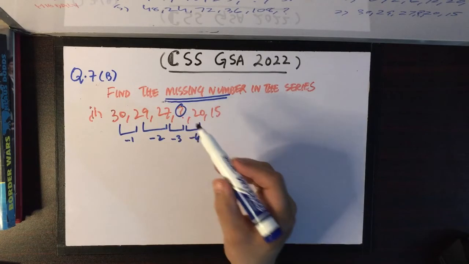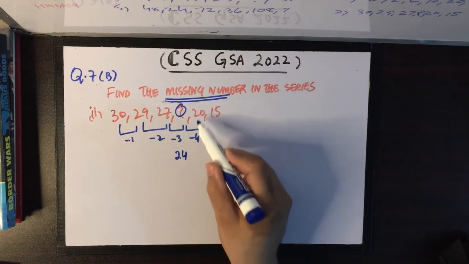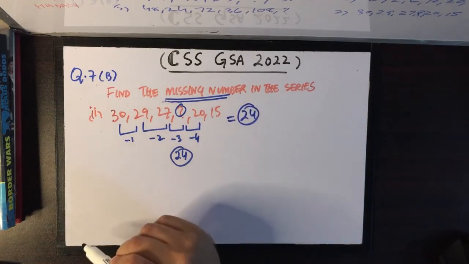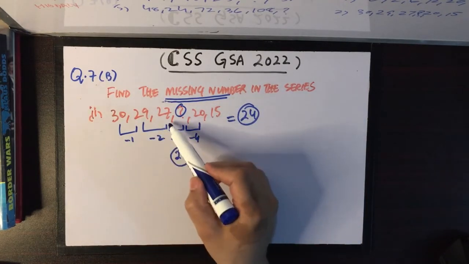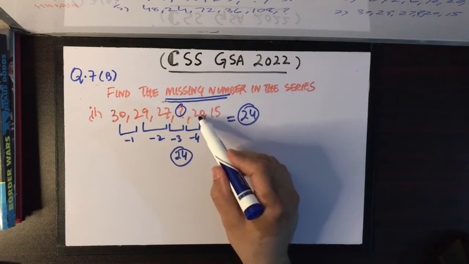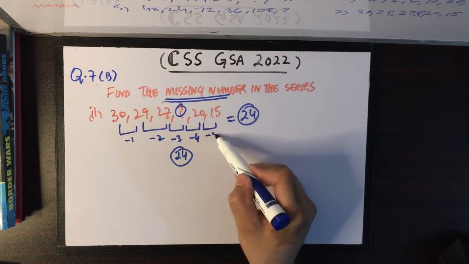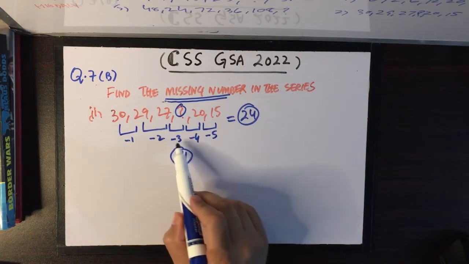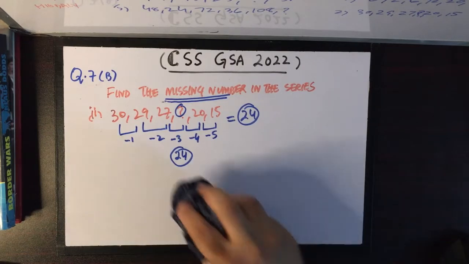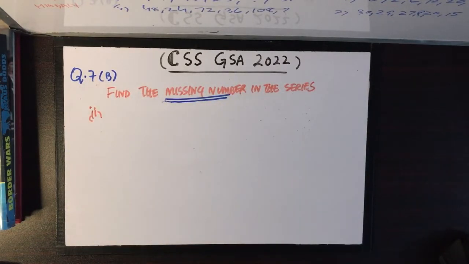So 27 minus 3 is 24. And 24 minus 4 is 20. So this is right. Our missing number is 24, which is 3 numbers lesser than 27 and 4 numbers lesser than 20. And 20 minus 5 is 15. So it is minus 1, minus 2, minus 3, minus 4, minus 5. The relation between the numbers is minus 5, and our missing number is 24. It's very easy. You just have to figure out the relationship